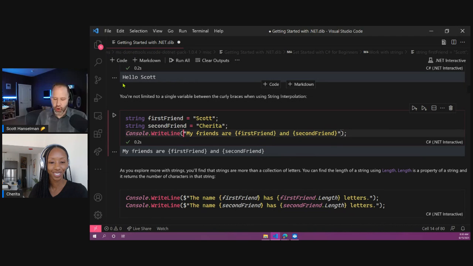Ooh. So why do you think, this is not a trick question, but a little bit of context, because languages grow, like we add words, right? We're adding words all the time. Why do you think you need this here? Like, why didn't they just make it automatic so that when you use these curly braces it would automatically output the values of first friend? Want to guess on that? Why do they need a marker? Why do they need a thing here